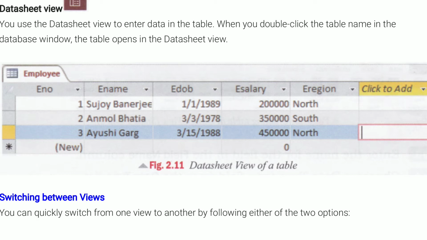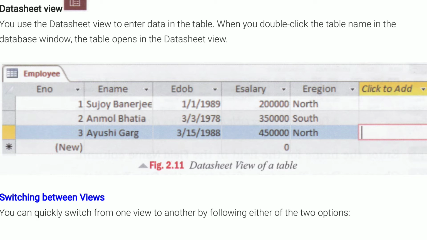Since Microsoft uses the datasheet view as the default mode for creating a table, and also because it is simpler to explain, in this view the data in the table are presented in rows and columns similar to a spreadsheet like Microsoft Excel. We can see both the data and the fields in this view.